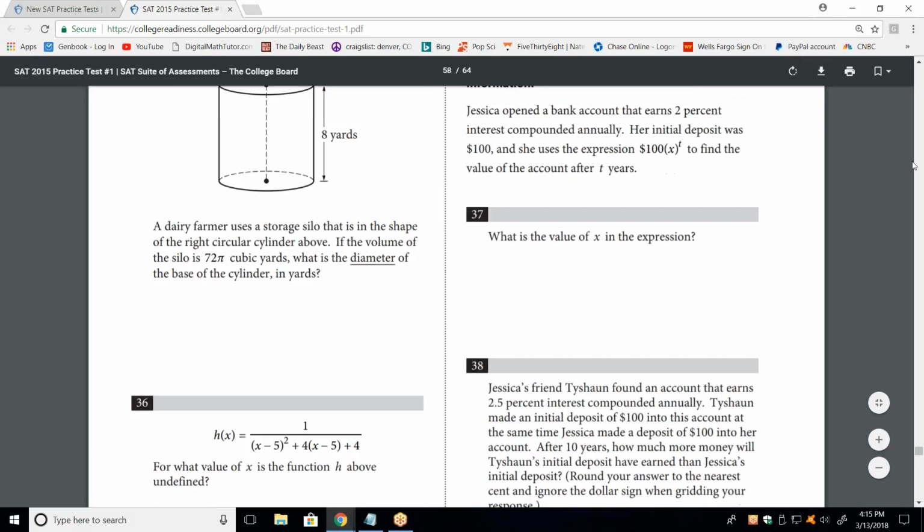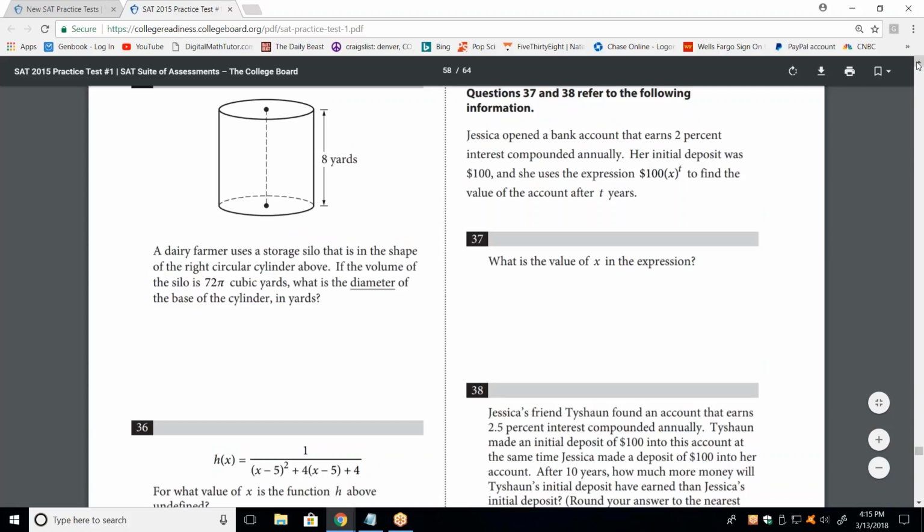Okay, this is probably one that you want to know how to do also. You've had this in class, right? Where you take an amount of money and you compound it, or something decays. Well, that's all this is. Earns 2% interest compounded annually. An initial deposit of 100, x change from the value of the account after 2